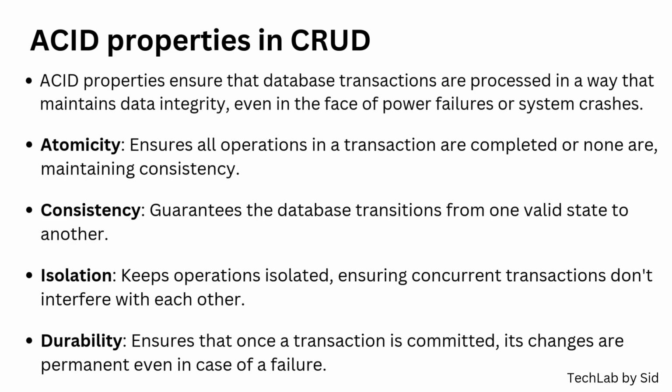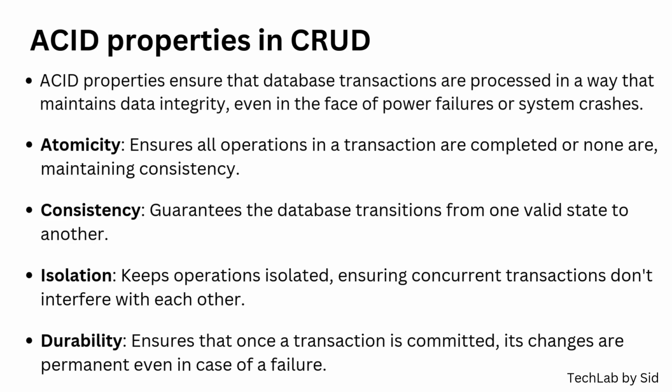ACID properties play a crucial role in ensuring the integrity of database transactions, especially when performing CRUD operations. Atomicity guarantees that all operations within a transaction are completed successfully or none are, meaning that if one part of the operation fails, the entire transaction is rolled back to maintain consistency. Consistency ensures that the database moves from one valid state to another, preserving the integrity of the data before and